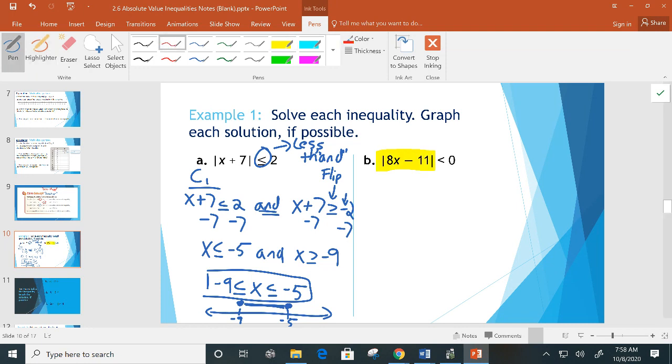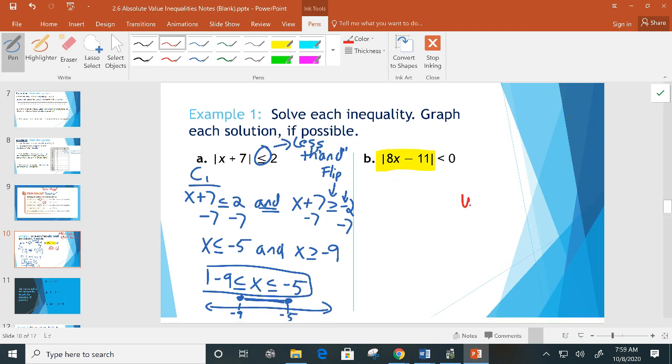Let's think about absolute value for a second. We remember, hopefully, that absolute value must be greater than or equal to 0. So if I look right here and I say to myself, wait a second, can the absolute value of something ever be less than 0? No. Absolute value can never be less than 0. It has to be greater than or equal to 0. So I don't even need to go through the rest of this problem. I know the answer right here is just going to be no solution